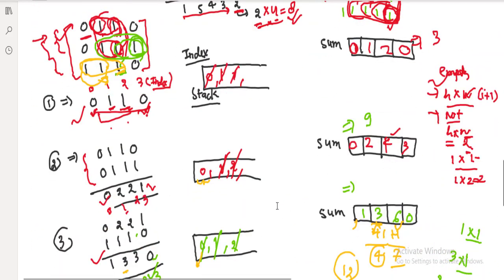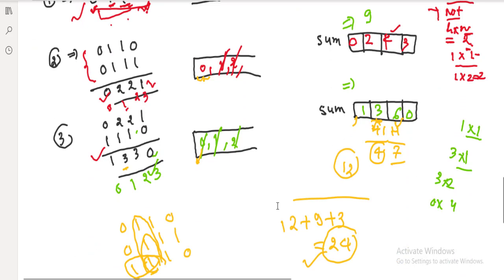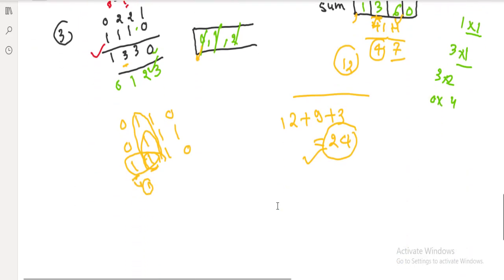In this approach, we have taken each row at once. First we have taken the first row, then the first 2 rows, then the first 3 rows, and so on. So we have taken each row only once. How many rows are there? Total number of n rows. And after getting one row, with the help of a stack in one pass, we compute the total number of submatrices which contain all 1s. So it will be n, and the time complexity will be order of n square.